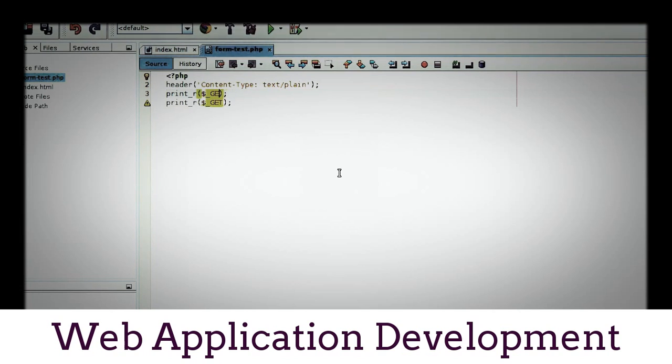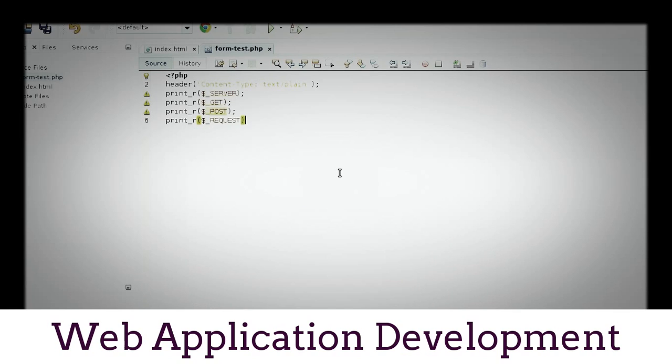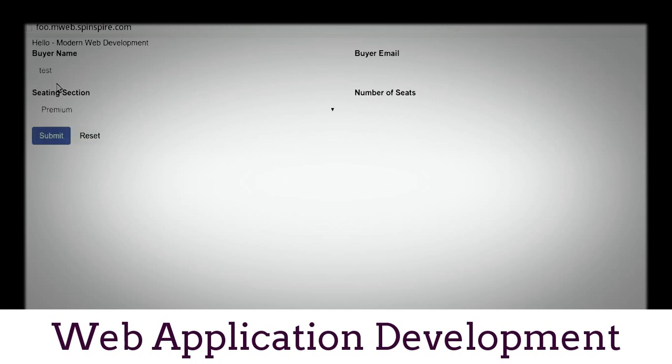So there is $_GET, which means all the parts of the get request, and then you can print $_POST, which of course will be empty unless the request is a post request, or print_r $_REQUEST, which is a combination of all get and post parameters. Let's save this, and now when we go back